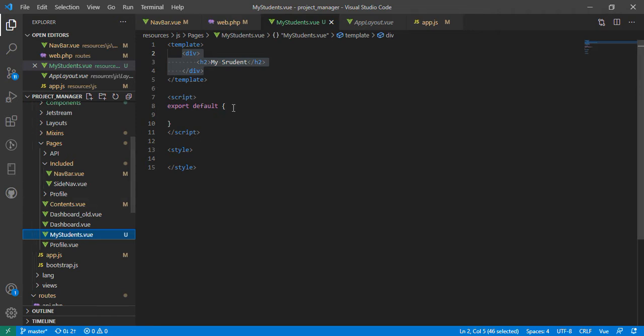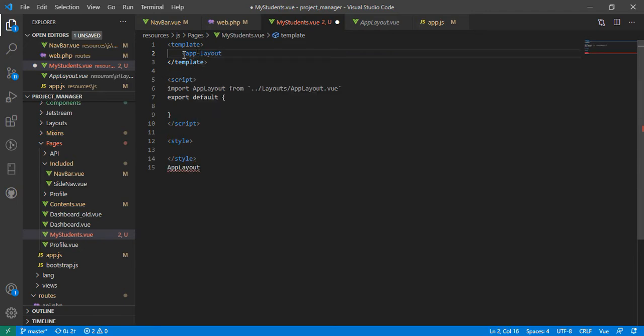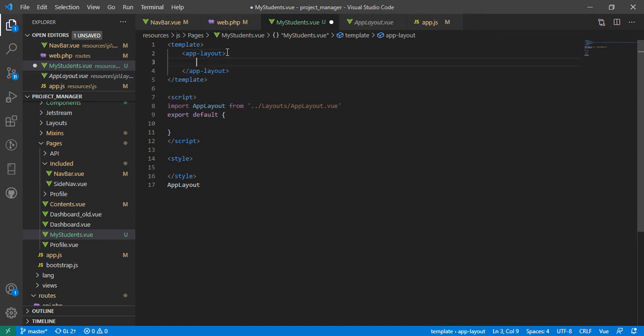So from the main page we have to extend the app layout by bringing the app layout into our page. When I bring in the app layout, you can see it's imported from